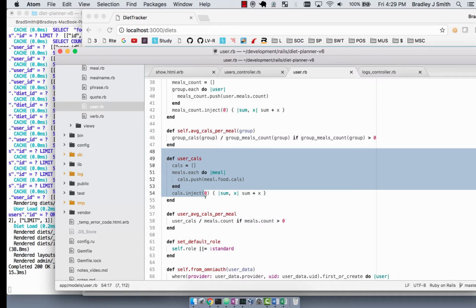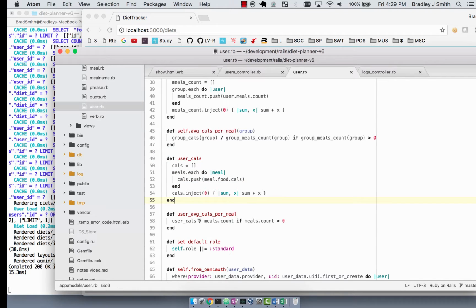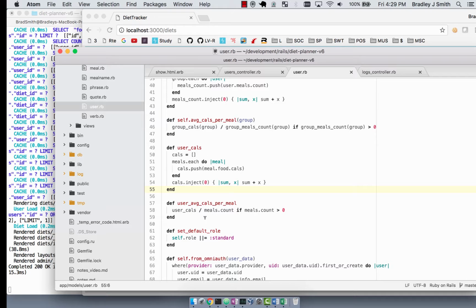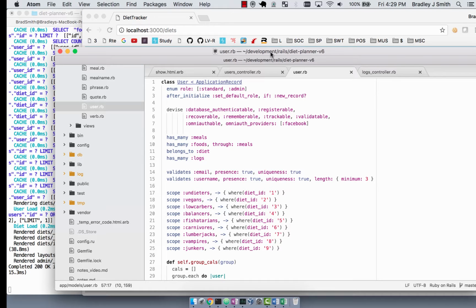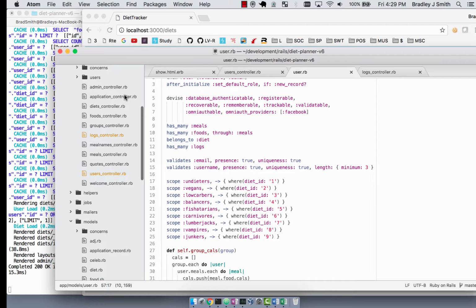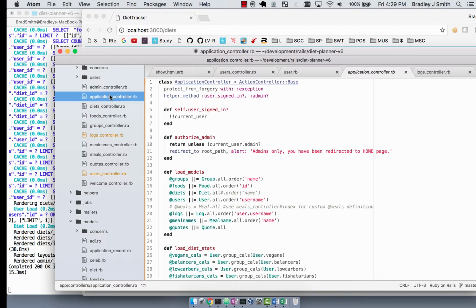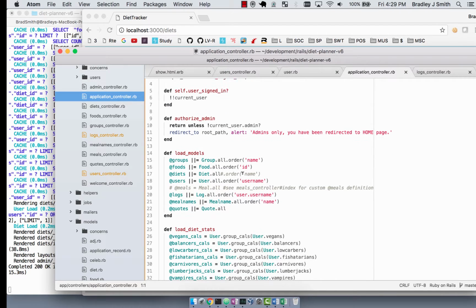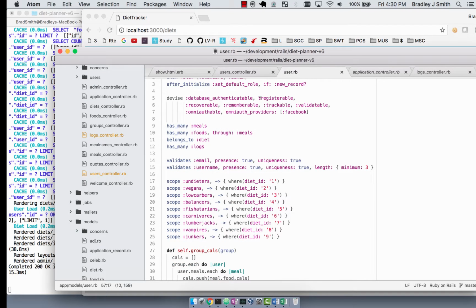Then I have the same thing for user cals, average cals per meal, and number of meals. You can just simply do user.meals.count, so I didn't have to create a method for that. So all of these get run and available to the rest of the application through the application controller. So by calling group cals,